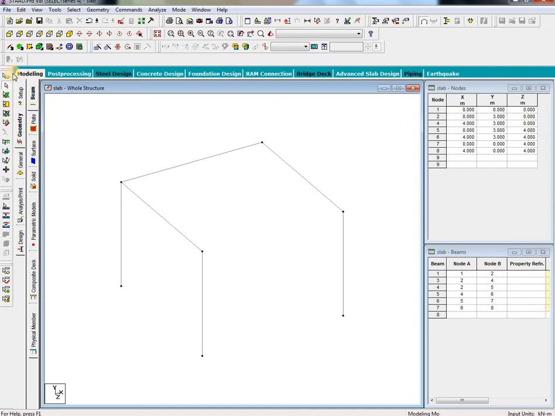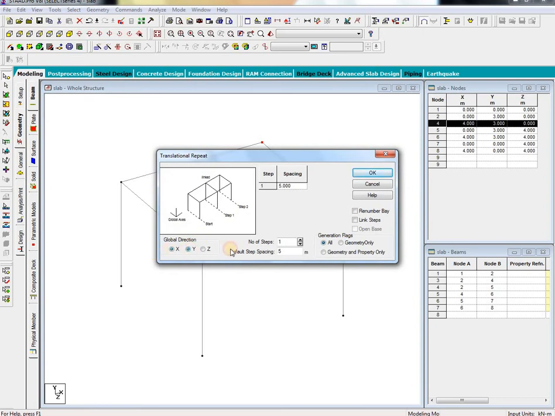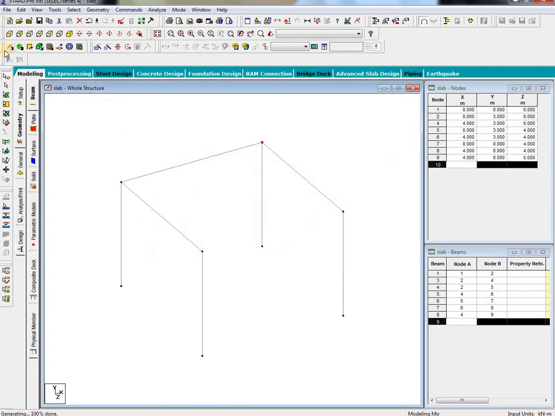Then select this node cursor, translation repeat, Y direction towards down, so -3, link steps on, OK. And then go to add beam cursor. This is node 2 and this node. Our frame is ready.